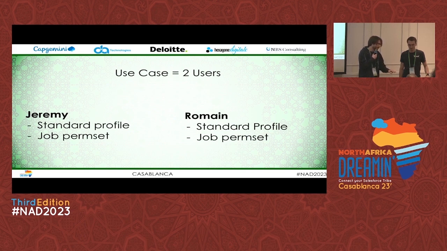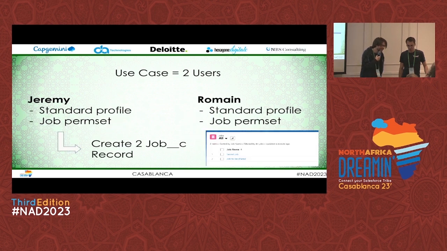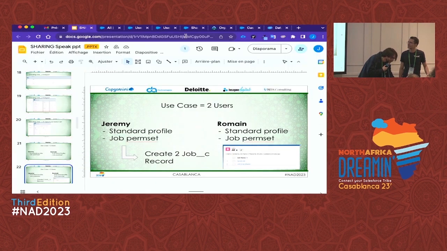They have the same profile and the permission set Job that lets them access the object. Let's say that Jeremy creates two records. The first one is the secret job, which does not need to be shared with Romain, and the other is the job to be shared. So if I switch to my org,